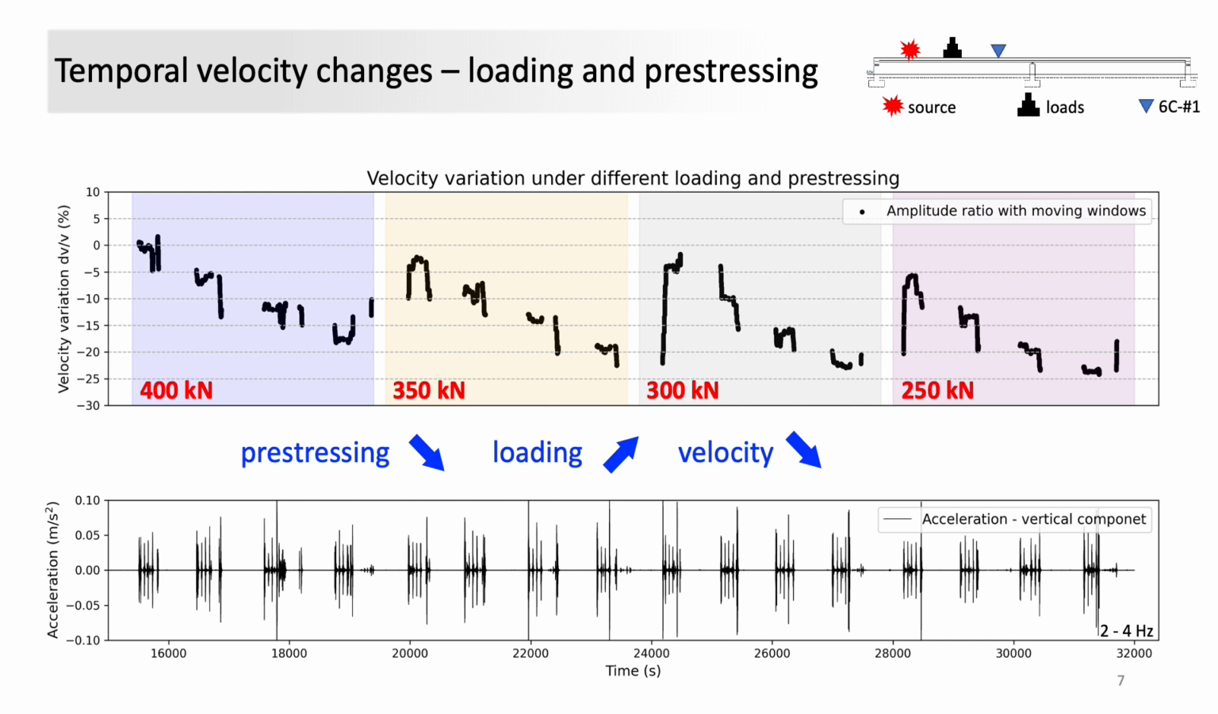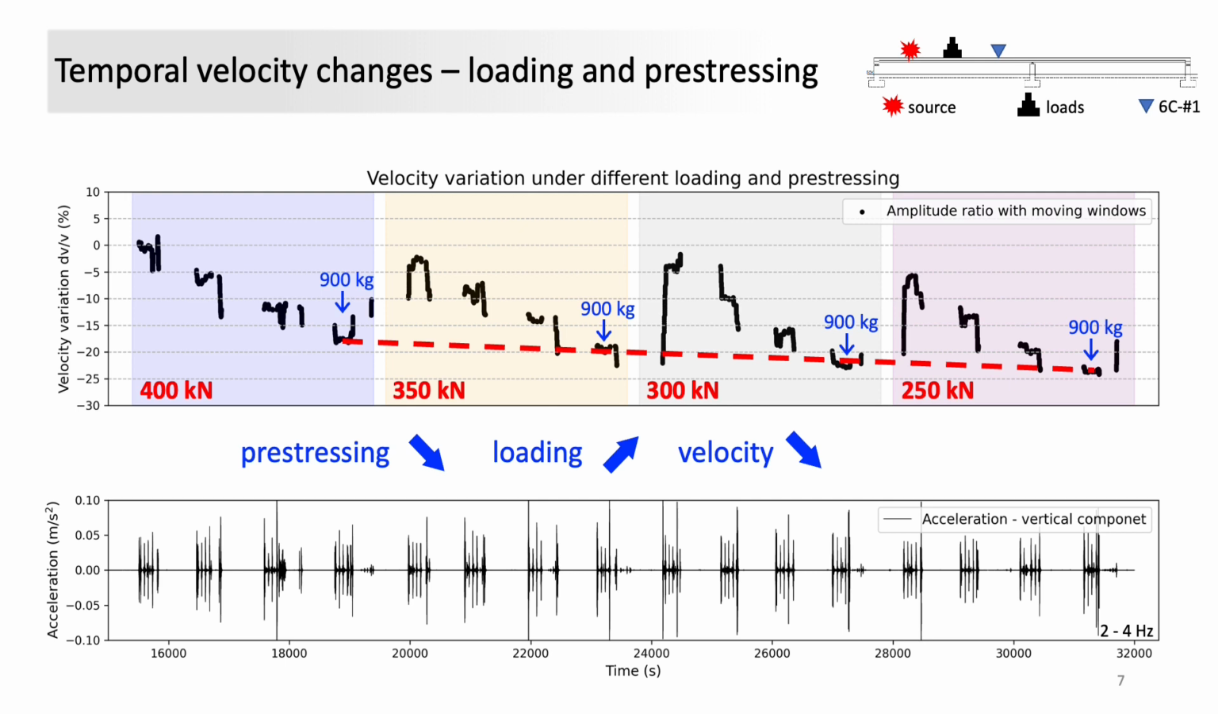The additional factor we introduce here is the changing pre-stress values. As shown by the different color blocks, we reduce the pre-stress from 400 kN to 250 kN. To separate the pre-stressing effect from loading effect, we can focus on the same static load under different pre-stressing conditions. As indicated by the blue numbers and the right dashed line, the estimated relative velocity variations decrease with the decreasing